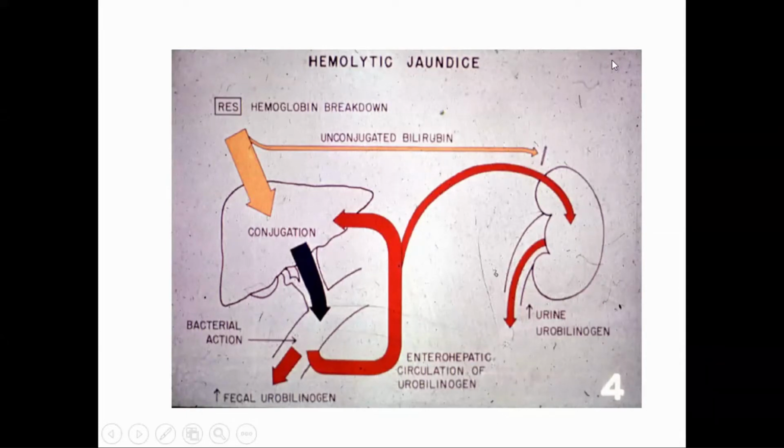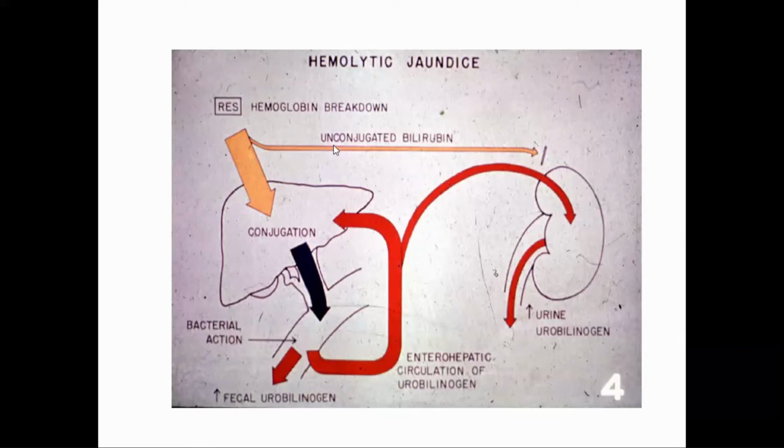So it cannot pass through, so it goes to the liver, where it is taken up by hepatocytes, conjugation takes place, and then it is excreted into the liver canaliculi, and from there it comes through the bile duct into the intestine, where bacterial action will break it into urobilinogen. As I told you, 80% is excreted in the feces and 20% in the urine. But some of this urobilinogen is again absorbed in the portal circulation and it goes to the liver. And this from liver, it is again...